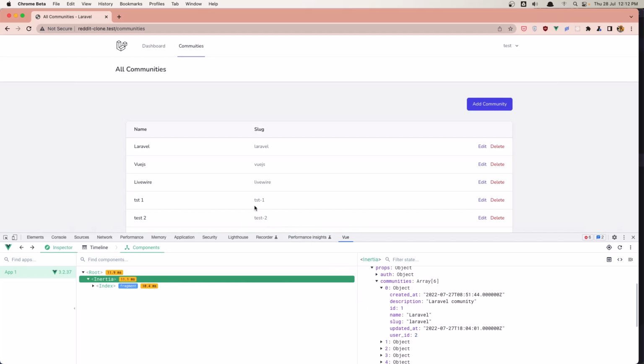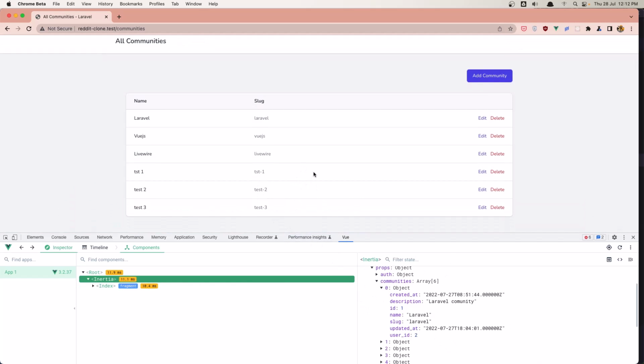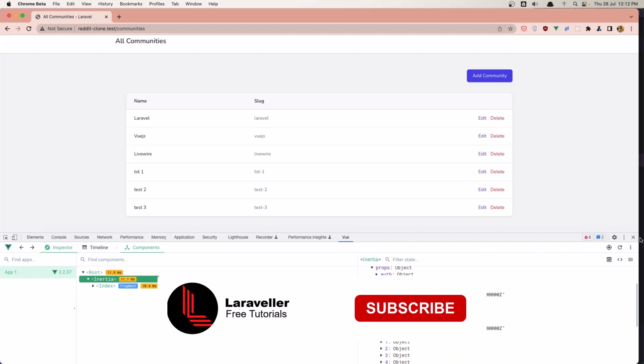I don't want to send all the data here because we don't need it. We need only the name, Slug, and the ID, because we are going to add the ID in the links, and that's it. We don't need the description, created at, updated at, and so on. So for that we can use